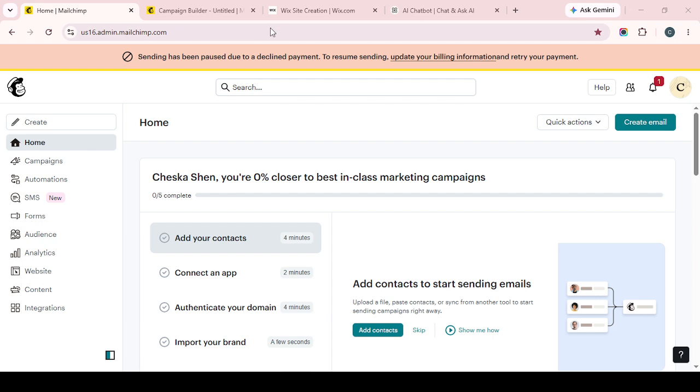To get started, open your Chrome window and navigate to the audience section, then click into sign-up forms. This is where you'll manage the way new subscribers join your list, and it's the central place for building forms that match how you want to collect consent. Taking a moment here to choose the right setup is important because it affects both the user experience and how